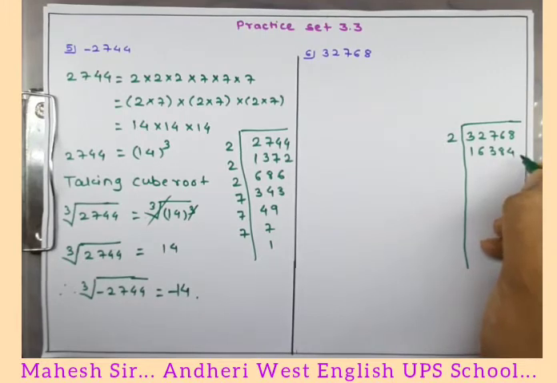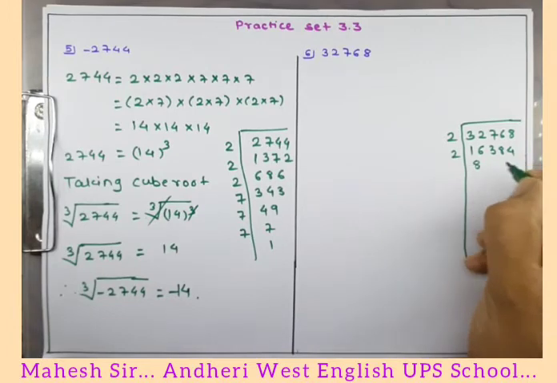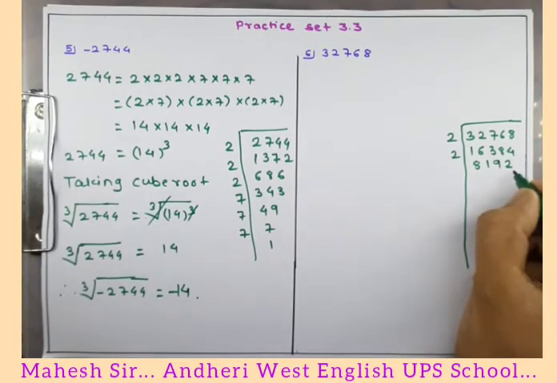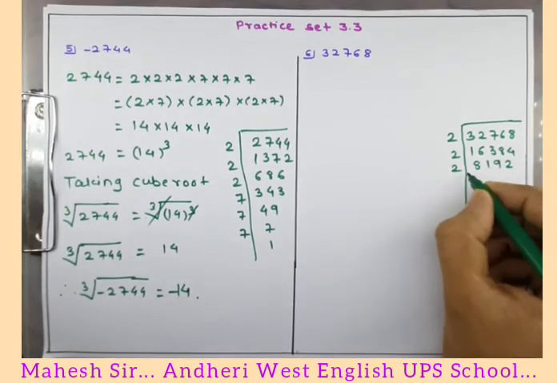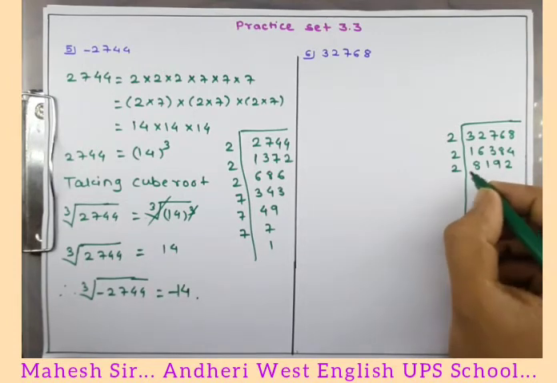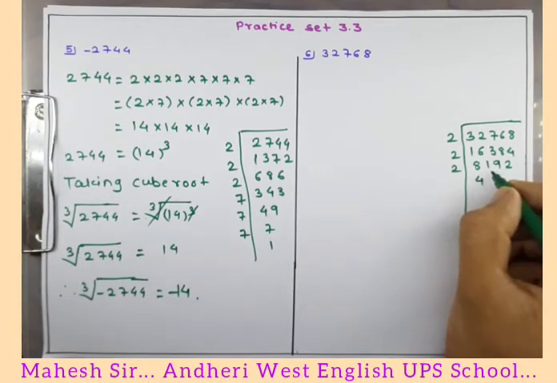Again at the ending 4 is there, so we will divide by 2. So 2 1s are 2, 2 8s are 16, 3 is there, so 2 1s are 2, 1 remaining, 18, 2 9s are 18, 2 2s are 4. Again at the end 2 is there, so we will divide by 2. So 2 1s are 2, 2 4s are 8, 1 is remaining. Here no number is there, that is one number is less than 2, so we'll take 0, 2 zeros are 0, then we will write the next one, that is 19.